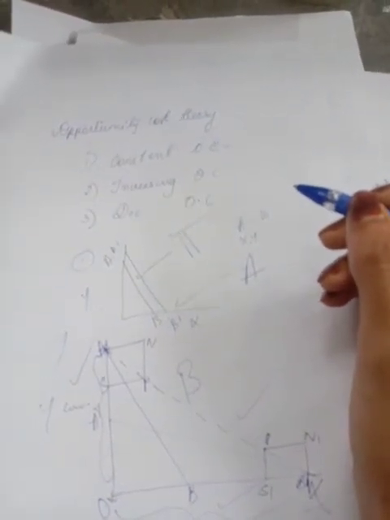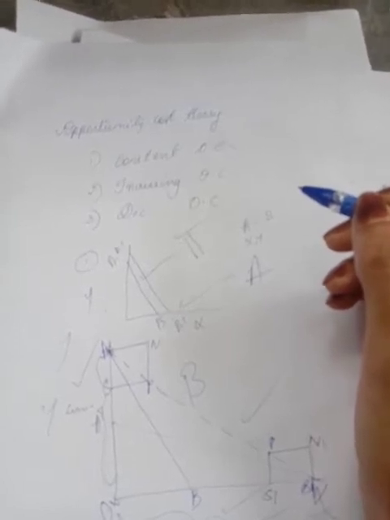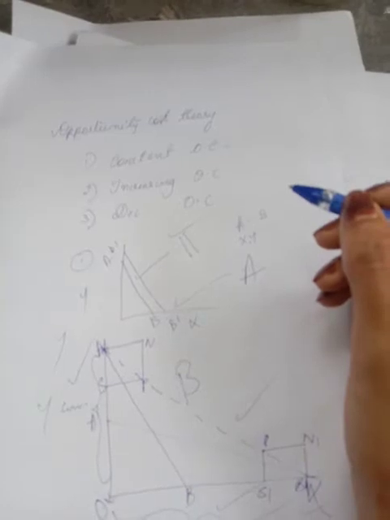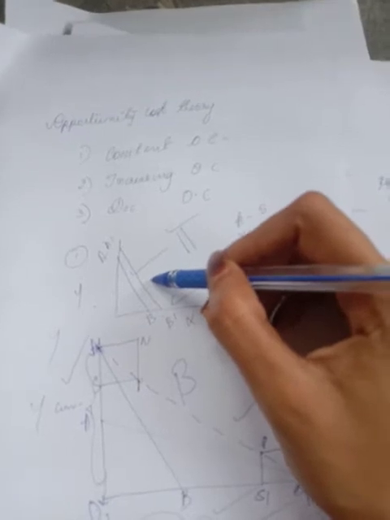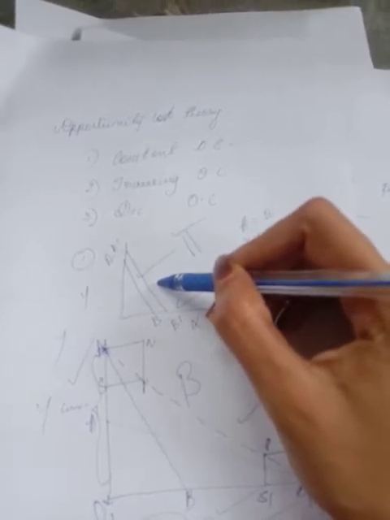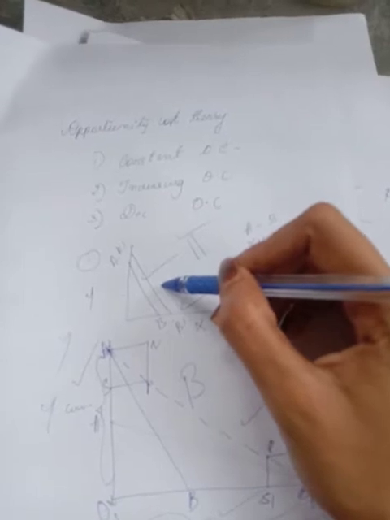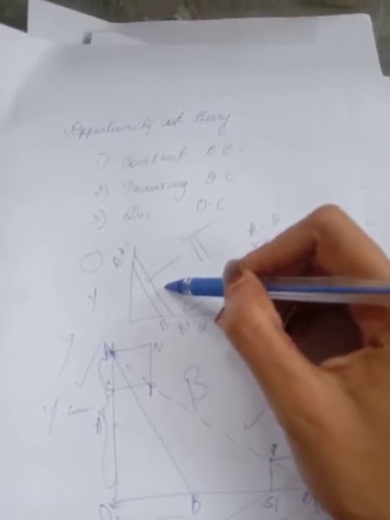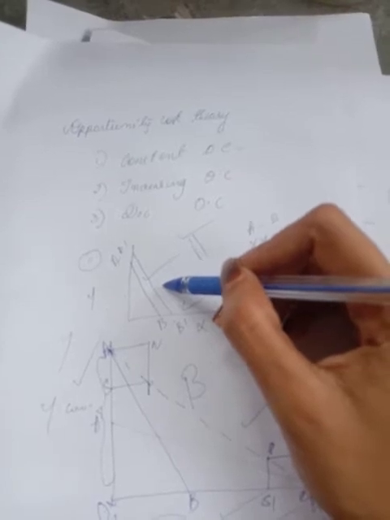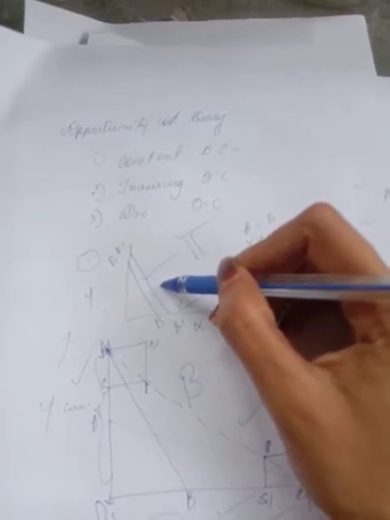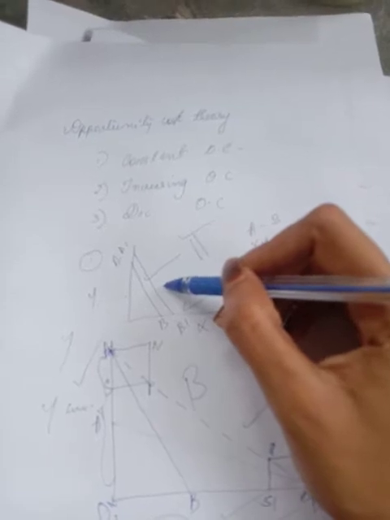Even if international trade takes place, there is no gain from trade. Trade takes place in order to make use of the gains out of the trade, that is export and import. But in this case, if it is constant, then if the cost conditions are similar, then there is no point in international trade. That is, the relative cost of producing the commodities remains unchanged, irrespective of the ratio in which they are demanded. So the slopes of the transformation curves in the two countries are the same. That means opportunity cost curves are parallel.